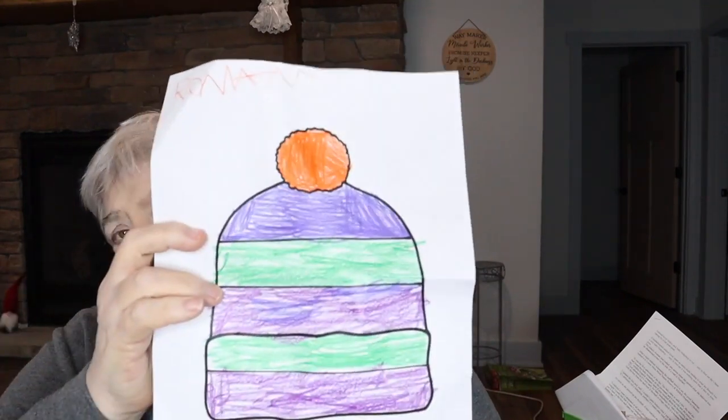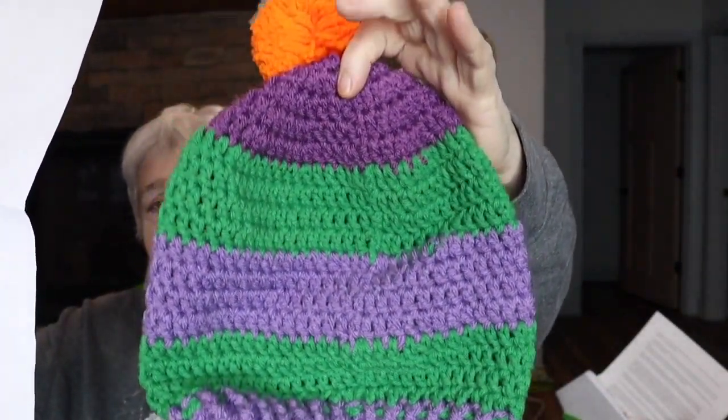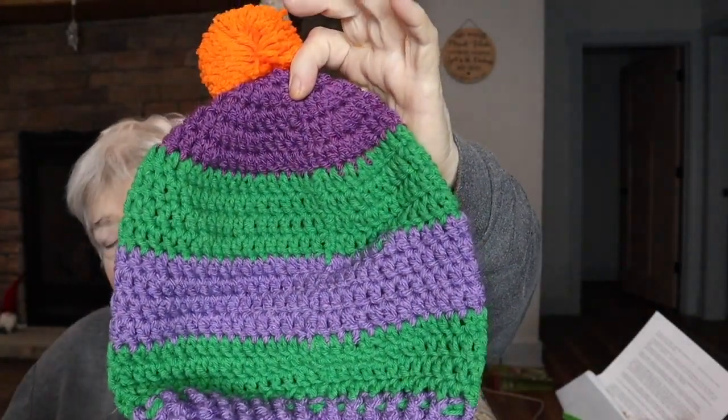And then this one is rather interesting. One, the orange pom-pom, the green, the purple. There you have it, green, purple, and pom-pom. And I noticed that this one was a darker purple, so I changed out that purple for a little bit of a darker color. This last hat,